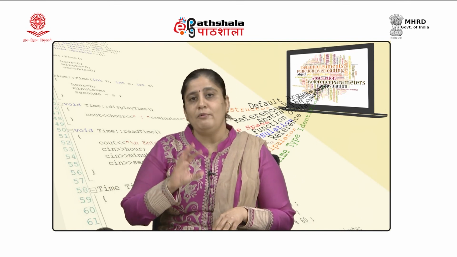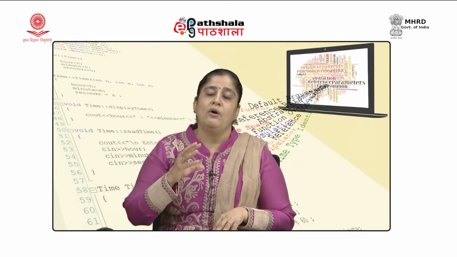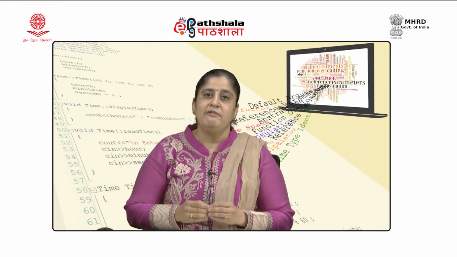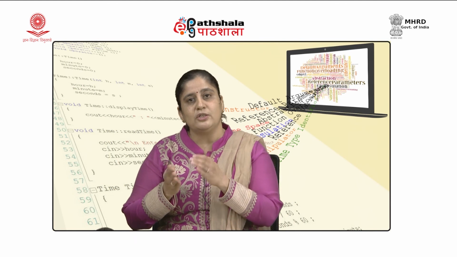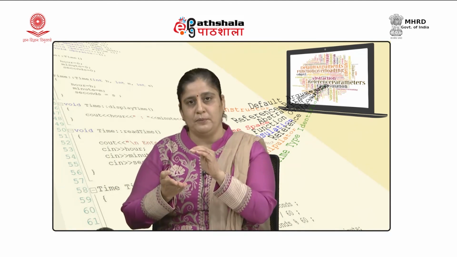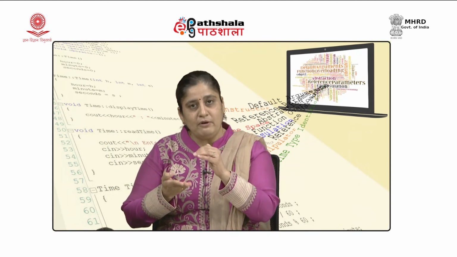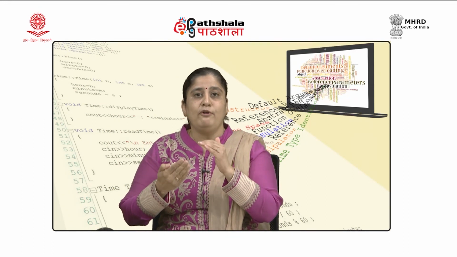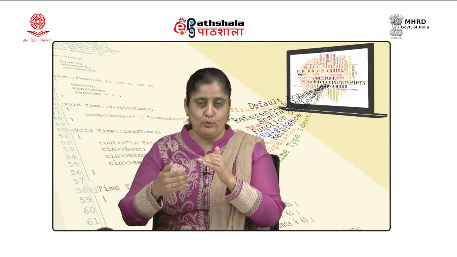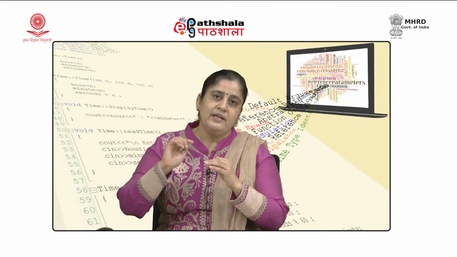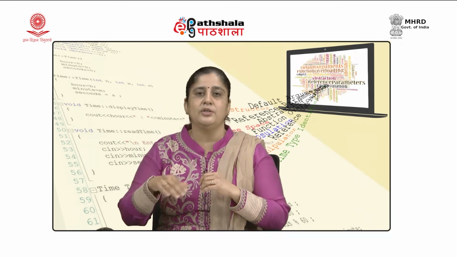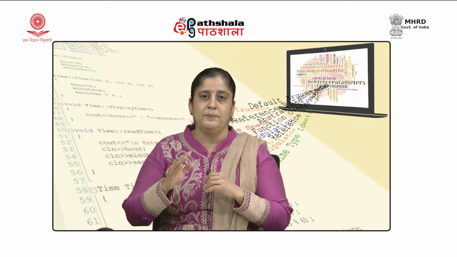So, what is the scope of an object? The scope of an object is the block in which it is defined. If I define an object inside a function, the scope of that object is only that function. It is only available in that function, and its lifetime is also the time for which that function is executing. When we enter that function, the memory will be allocated. The moment we exit that function, the memory will be deallocated.